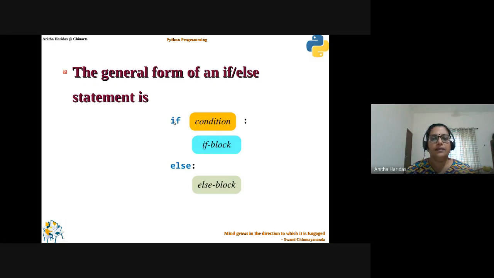Then in the same space as the if, I'm going to give the else keyword. Again, the else keyword must end with a colon. Then give proper indentation, because you're going to start the else block. So whenever you're going to start a new block, you need to give indentation. So you give proper indentation here, and then you can have all the set of statements for the false block or the else block, right?